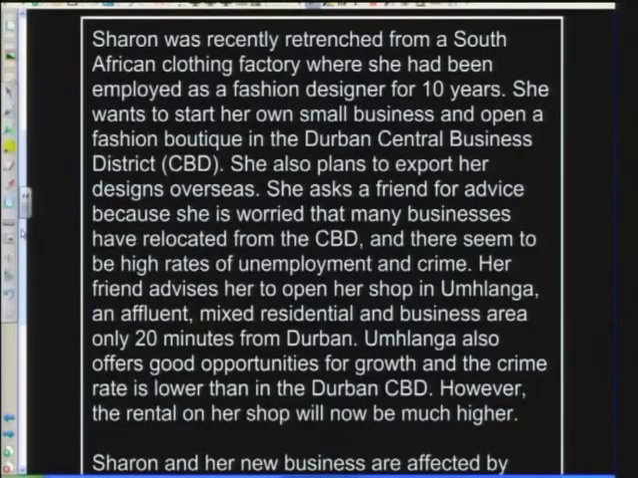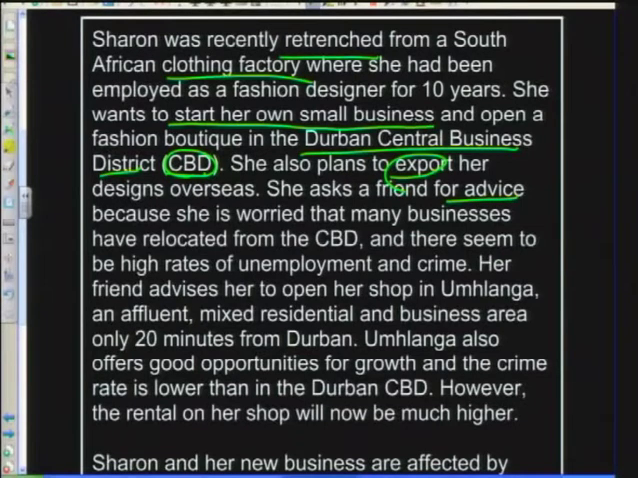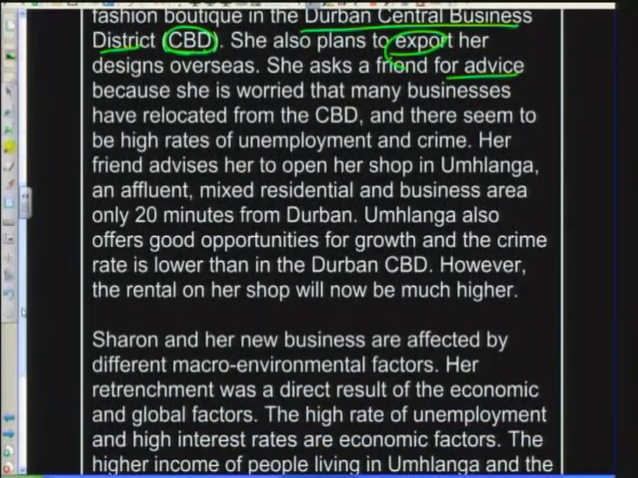So, Sharon was recently retrenched from a South African clothing factory. Follow me, grab your pen, I'm just going to underline as I go. Sharon was recently retrenched from a clothing factory where she had been employed as a fashion designer for 10 years. Now, she wants to start her own small business and open up a boutique in Durban Central Business District, or the CBD. She also plans to export her designs overseas, and then she asks a friend for advice because she is worried that many businesses have relocated from the CBD, and there seems to be high rates of unemployment